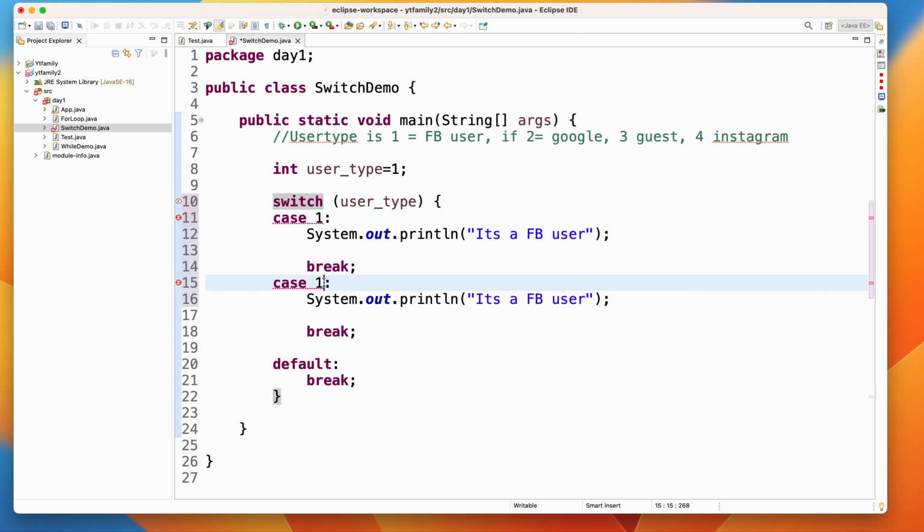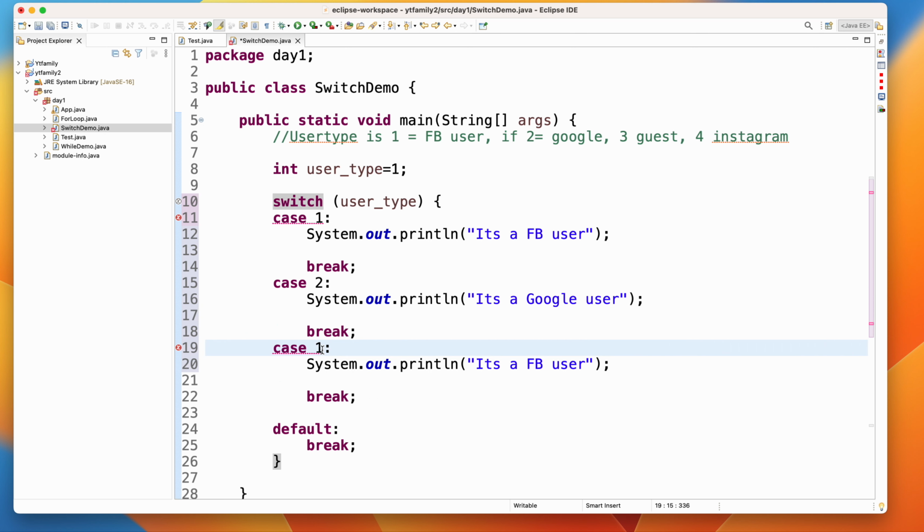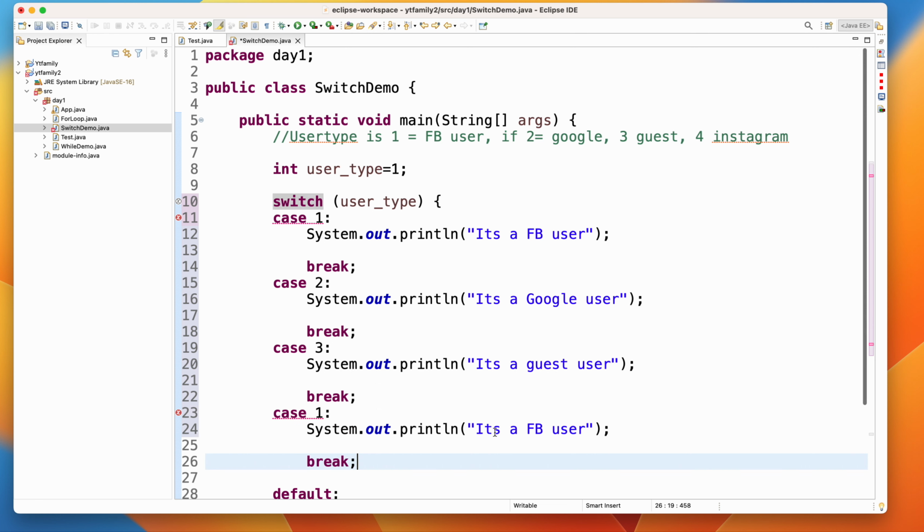So we'll say case 2. It's a Google user. Now let us take one more, case 3. What is case 3? It's a guest user. Now one more case is there. What is it? Instagram. It's an Instagram